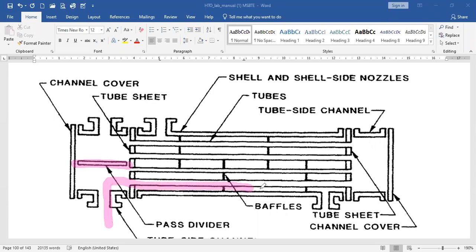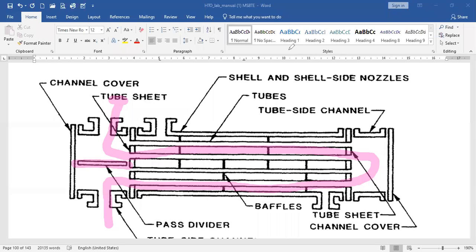in this way. So it is going through the shell and tube heat exchanger and then comes out from the nozzle outlet, that is the tube side nozzle outlet, right? So if one metal partition is incorporated on the channel side for the tube side fluid, then this tube side fluid is passing along the length of the heat exchanger twice, and then it is called a 1-2 shell and tube heat exchanger,